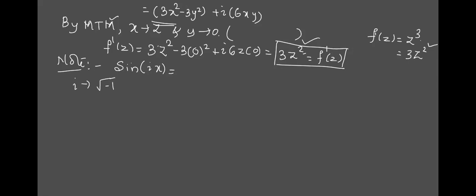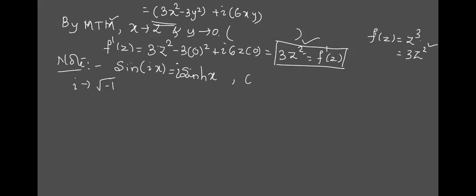Now suppose we have a trigonometric function sine or cos, and the angle is attached with i, then there is one important result. Suppose you have sine of ix, it is nothing but i into sine hyperbolic x. This is very important because one or two problems are there in which we have to use it. Are you getting the part? If you have sine of ix, it is to be written as i into sine hyperbolic x. So a simple trigonometric function converts to a hyperbolic function, and you have to write an i if it is sine.